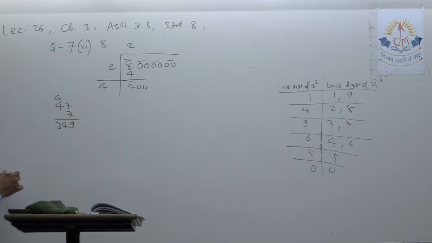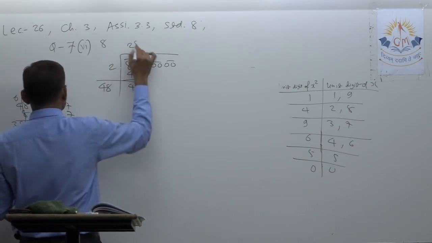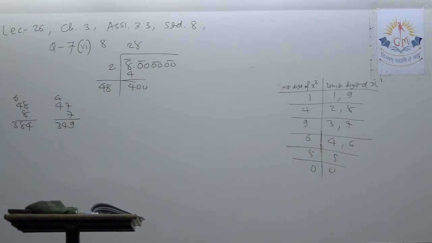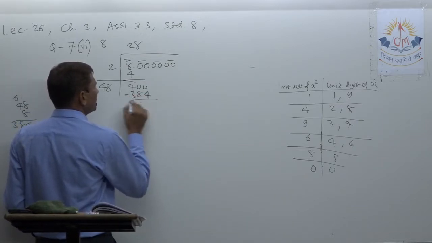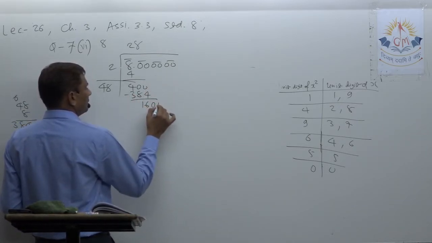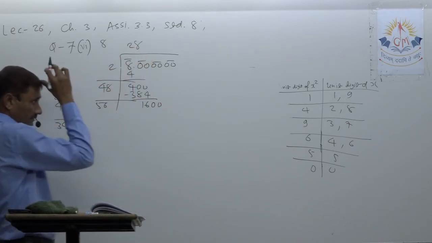349. Let's look, 48 eights are also. 8 eights are 64, plus 6. 8 fours are 32 plus 6 is 38. Okay. So it is appropriate. 48 into 8. So it comes 384. 16 left. Again, one pair comes here, but before starting, write down double of that one here.